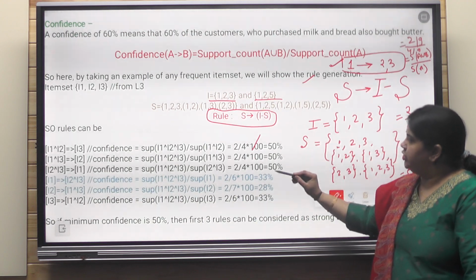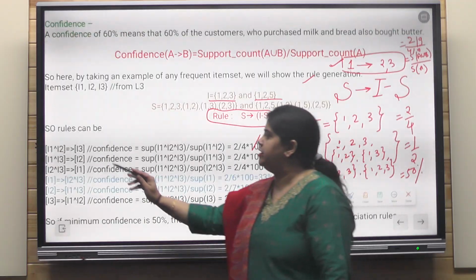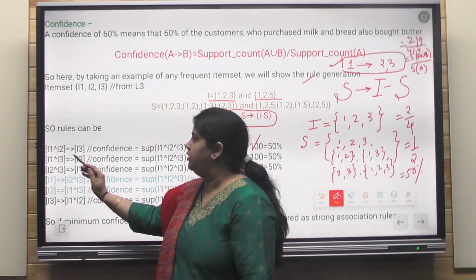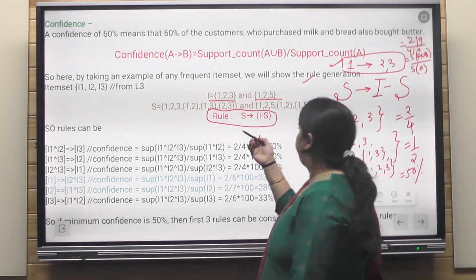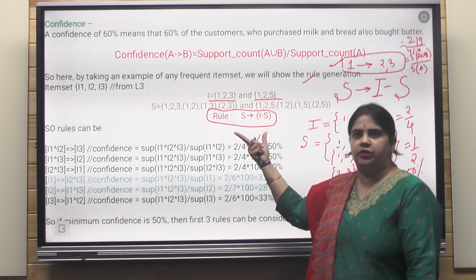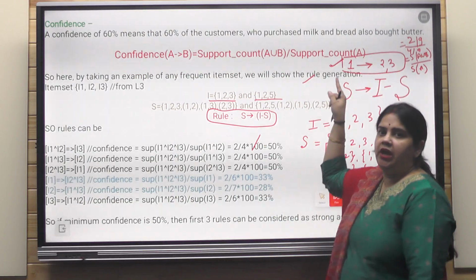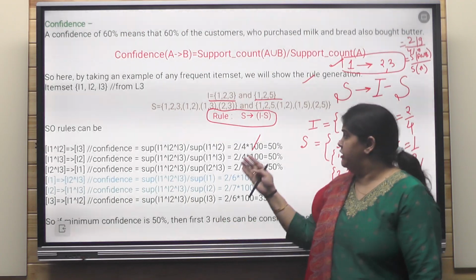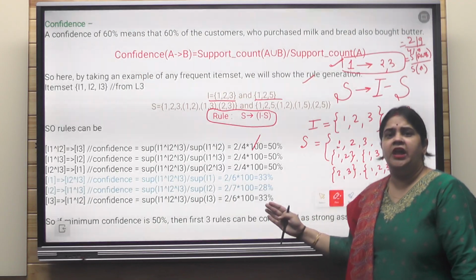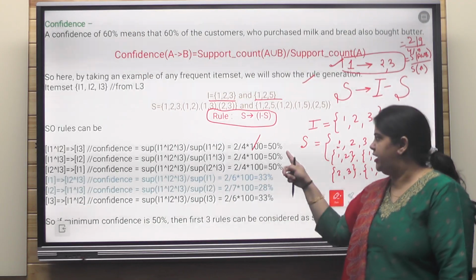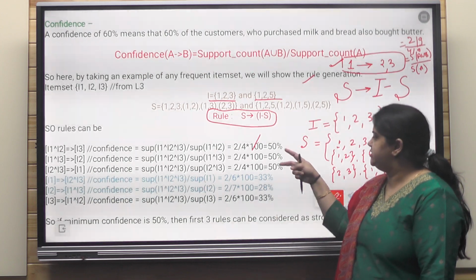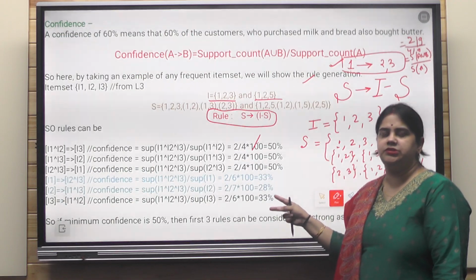So we are going to find this for each value. Let's say the rules are already mentioned here. The rules say 1 and 2 give 3, 1 and 3 give 2. You have to use this fundamental rule for creating association rules, and then just apply the formula for ensuring validity. We have a number of rules here. Are all of these valid? No. Until and unless we have the 60% value on the right hand side, only then can we conclude that this is a good or valid association rule.